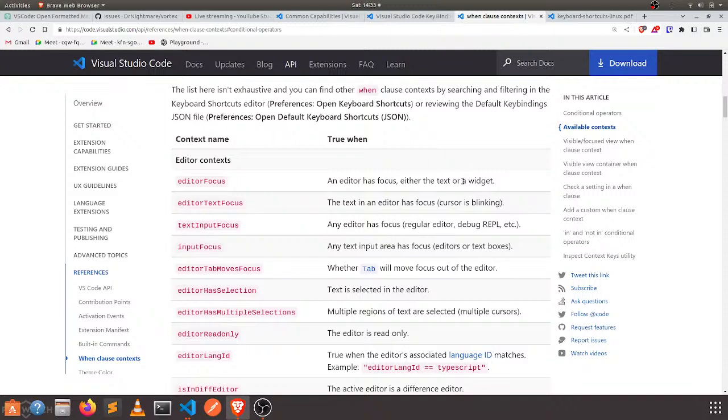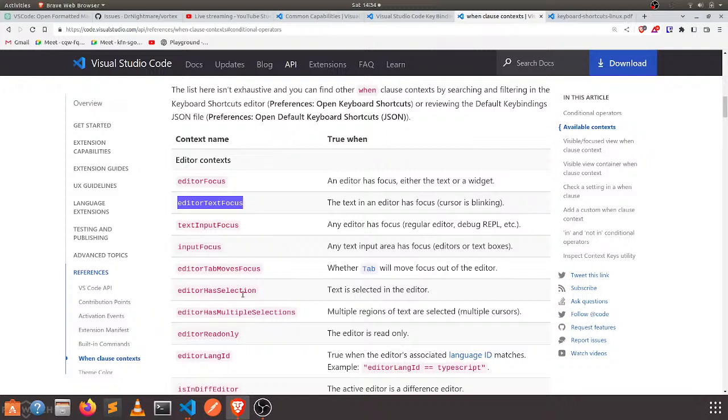An editor has focus, either the text or widget. Cursor is blinking. I think, oh, this is when any text input area. I think editor text focus